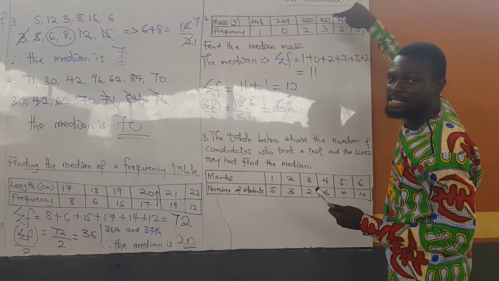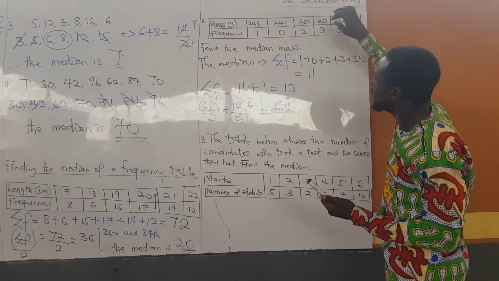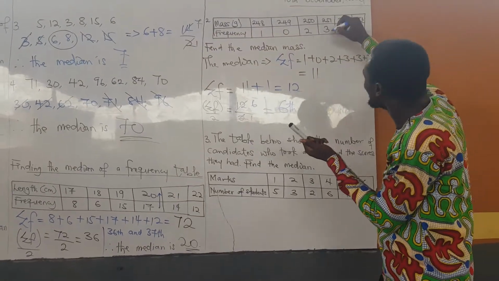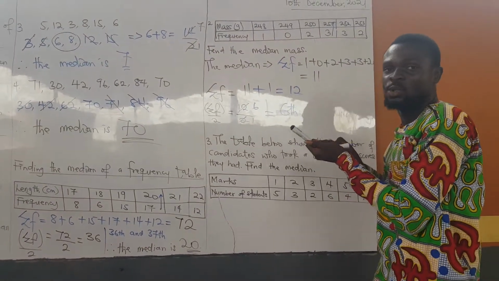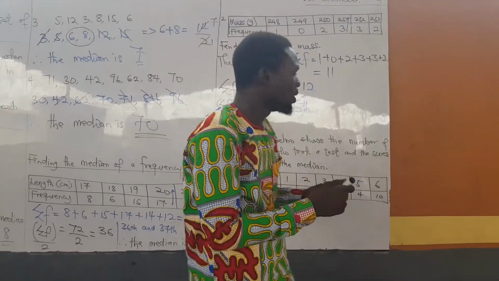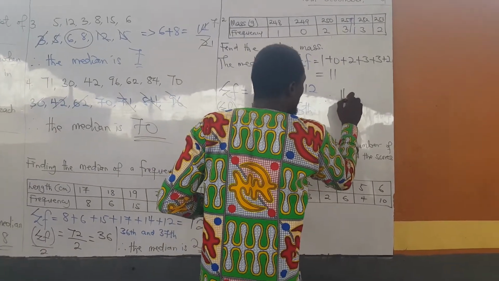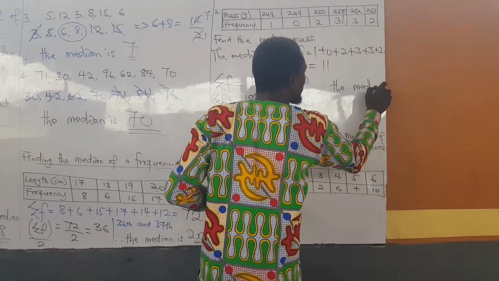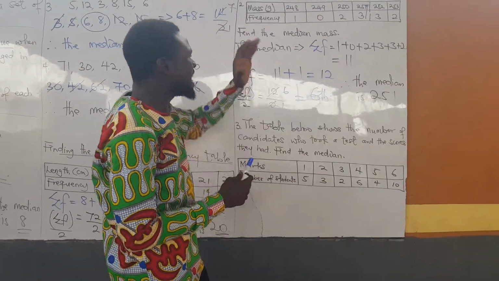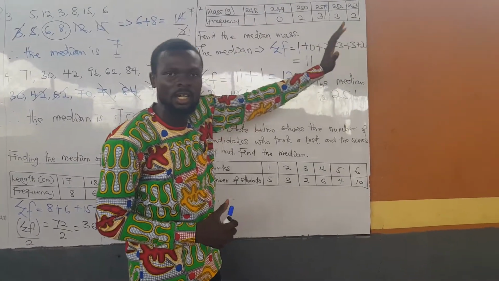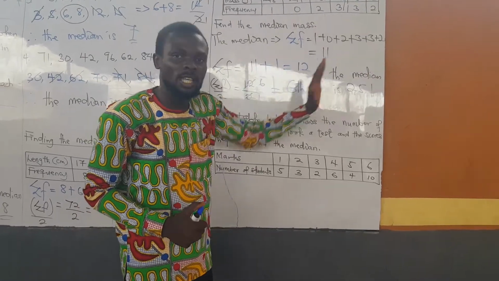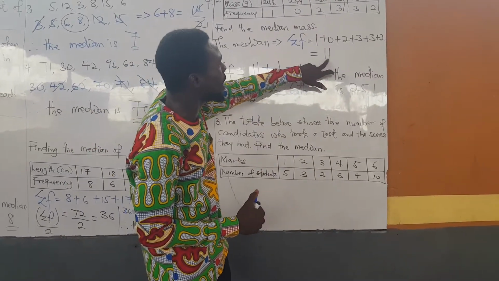So knowing that 6 will be, since we can get 6 here, we are going to locate or link the 6 to its corresponding value, which is 251. So we can say that, therefore, the median is 251. And this is how we do the calculation for median when it comes to the distribution table, especially when the sigma F is an